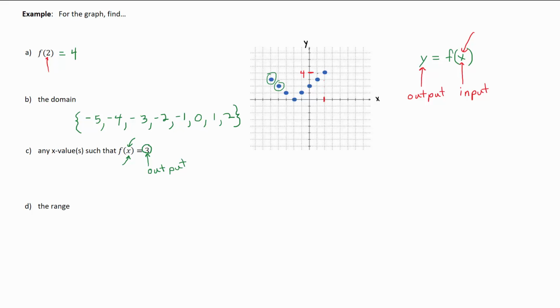So go up to a height of 3 on the graph, 1, 2, 3, and then go over left, right, to any points at that height. So this point and this point have second coordinates of 3. And all we need to do is list their first coordinates. Those will be the x values we're looking for. So the first coordinate or x coordinate of this point is, I believe, negative 5. 1, 2, 3, 4, negative 5. So negative 5